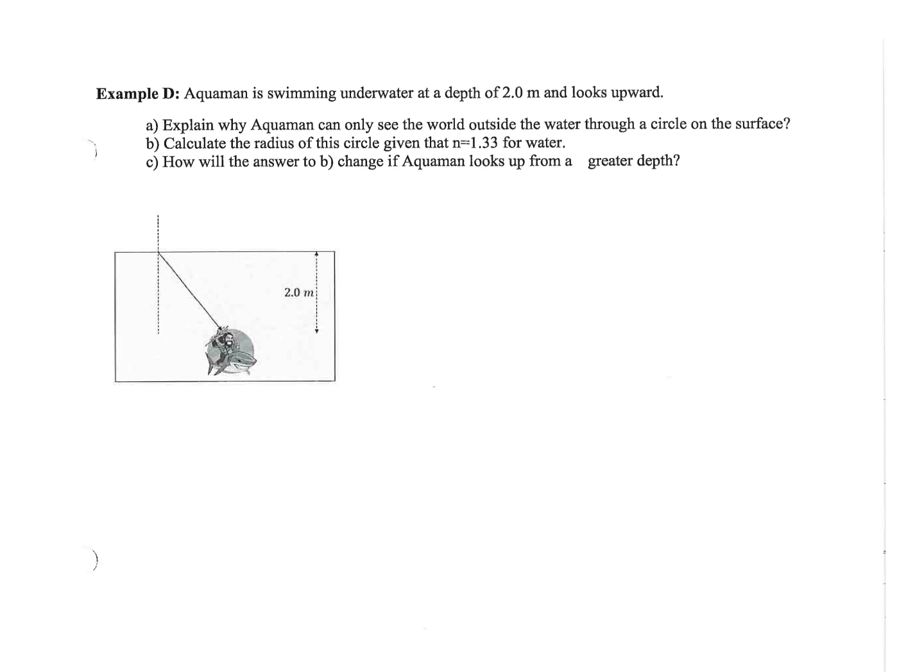I want you to think about why it's a circle. If you can only see it looking through a circle, we've got a critical angle here, which means we also have a critical angle here. If we have a critical angle there, and he looks around himself at 360 degrees, anything greater than that critical angle